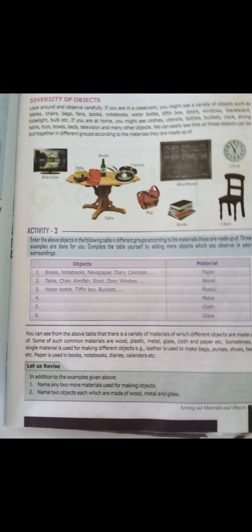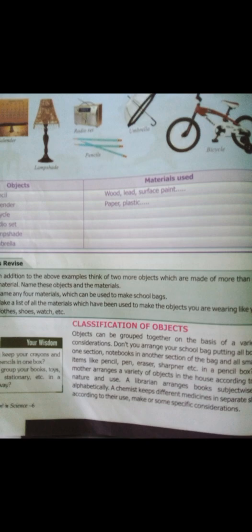If you observe carefully, it can be seen sometimes that a single object is made up of more than one material. Some cooking utensils are made up of metals with plastic handles. Some almirahs are made up of wood with metallic handles. Not only are objects made up of a single material, but many objects can also be made up of a variety of materials.